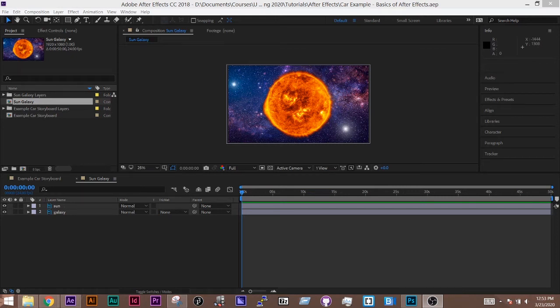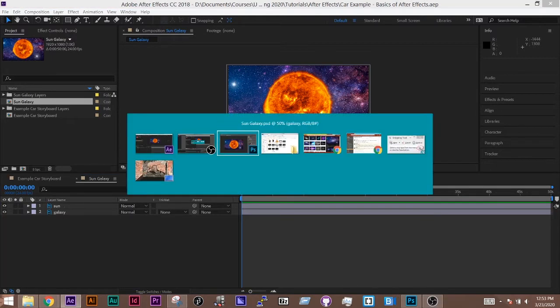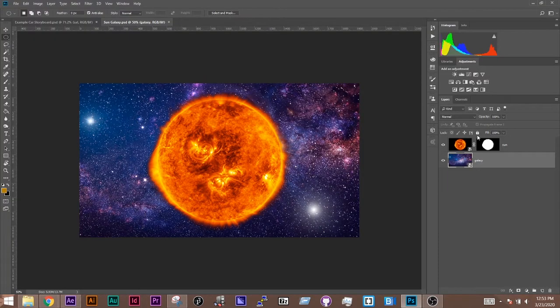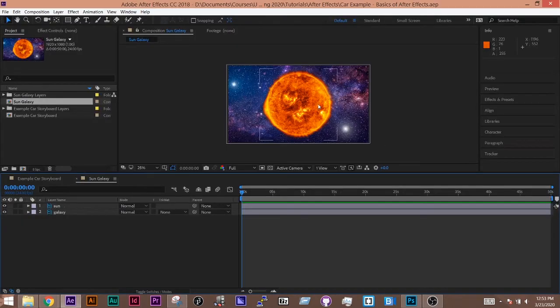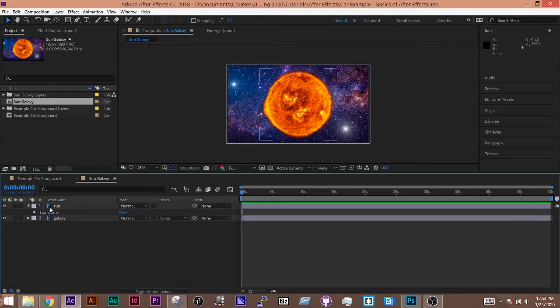One thing I want to show is how to do a layer mask and animate it. In the same way that we have masks in Photoshop, here I have a mask blocking out the form of the sun. One thing I may want to do is animate the mask to show the sun disappearing or something. So what I'm going to first do is just give myself a little bit of a rotation,